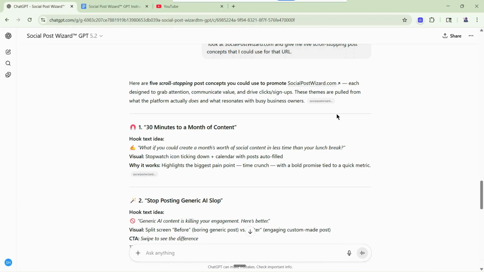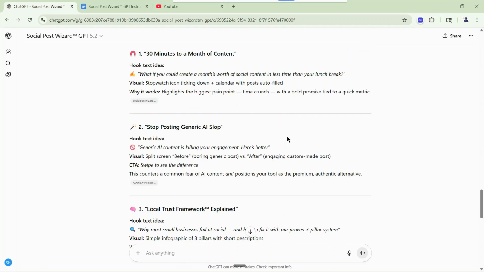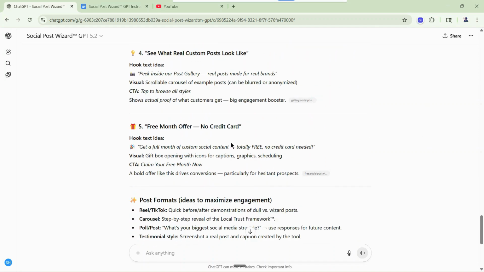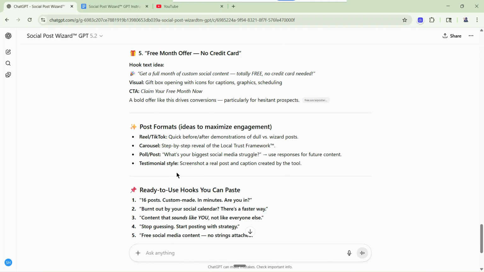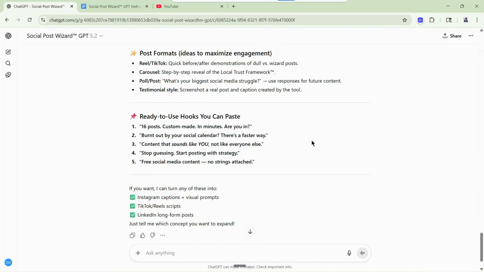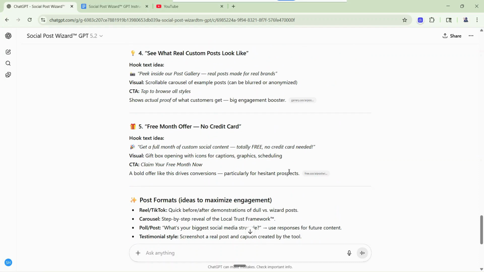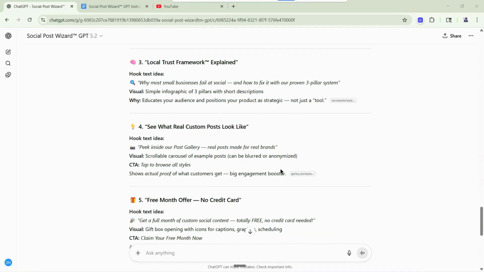So it just came back with some content, some hooks, and some ideas on things that I might be interested in doing, and things like infographics, what visuals, and then now it's asking me for information on the formats that I want to use, and are there things that I want to specialize in. So you can see how you can do all different kinds of things in here. You can kind of just keep working it. So in this case, I'm just going to go with